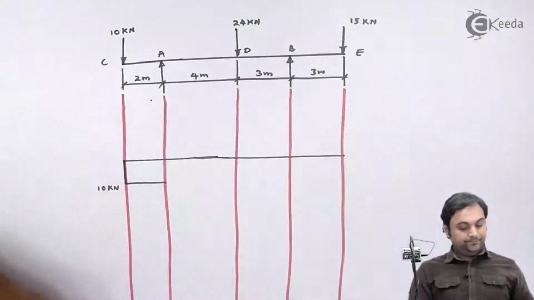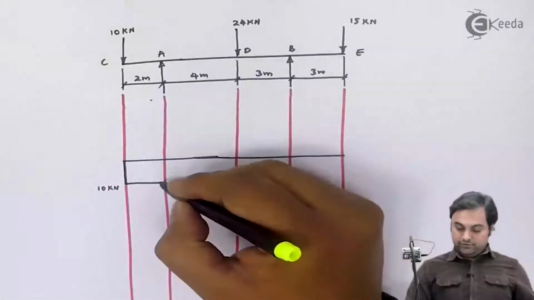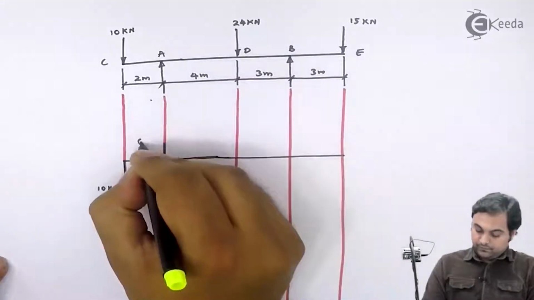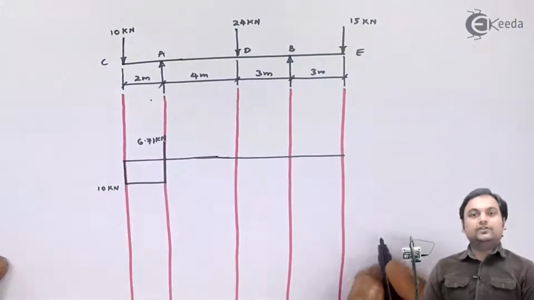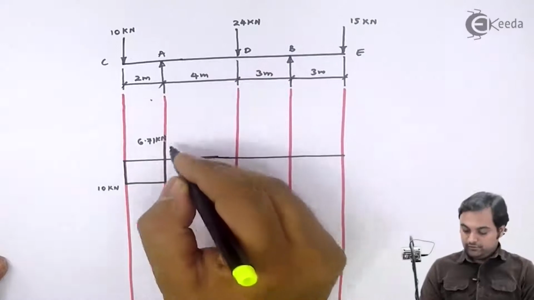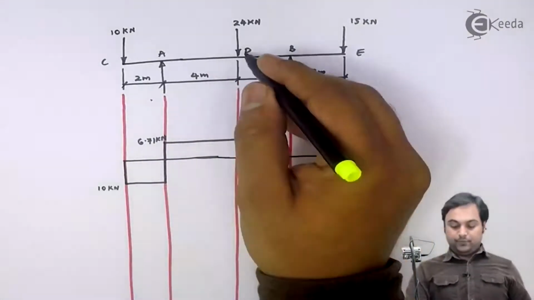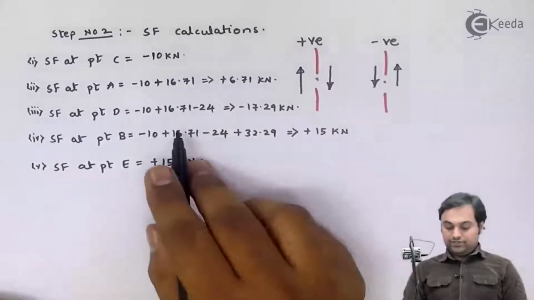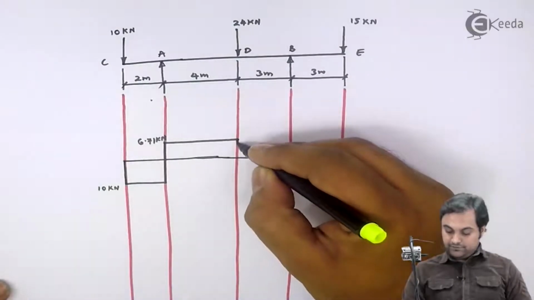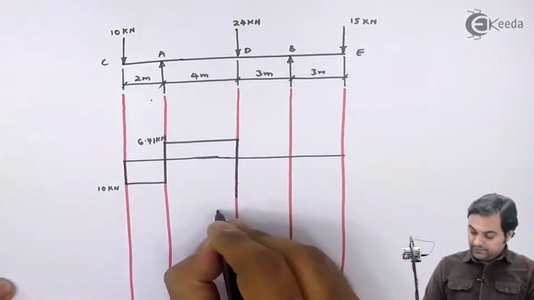Next, at point A, the value is plus 6.71 kilonewton. So from negative it will go into positive. Here I have 6.71 kilonewton. Again, this will be constant between A to D since there is no load between A to D. Then at point D, the shear force is minus 17.29. So from positive it again goes back to negative 17.29,